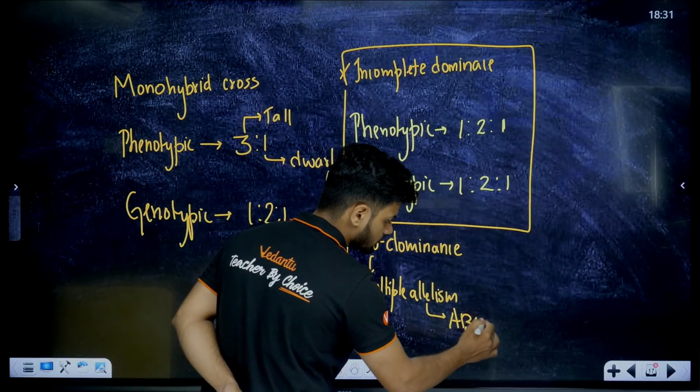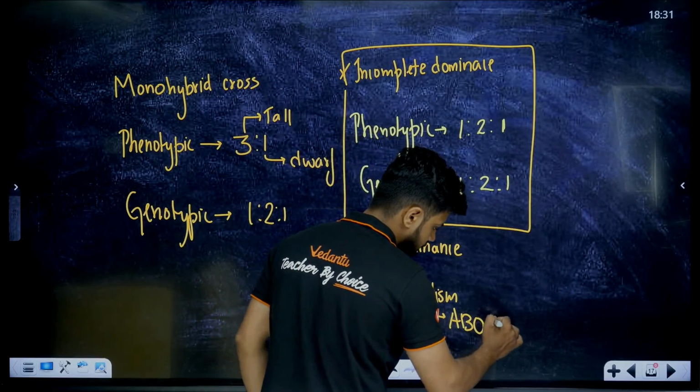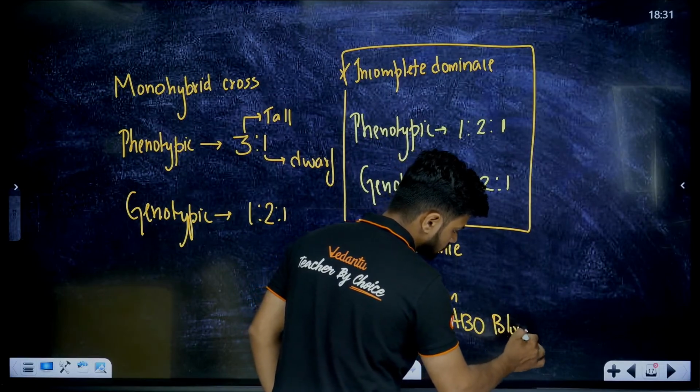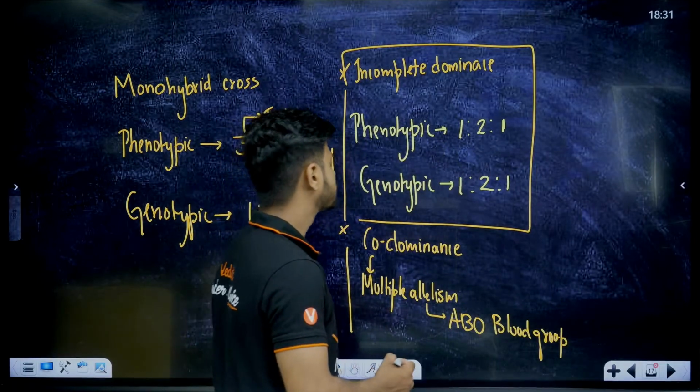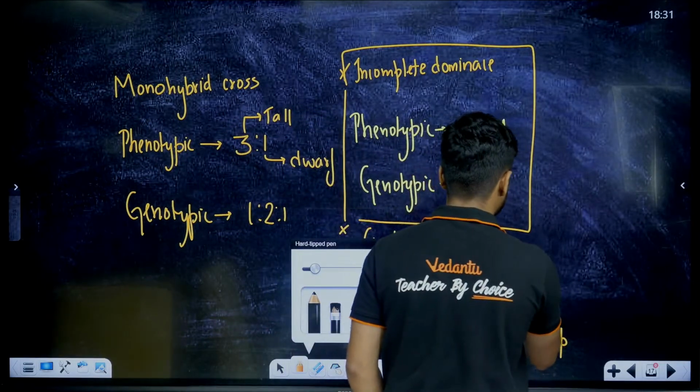ABO blood grouping. ABO blood group. Your blood group. Clear, all of you? Then the last one we have something called your